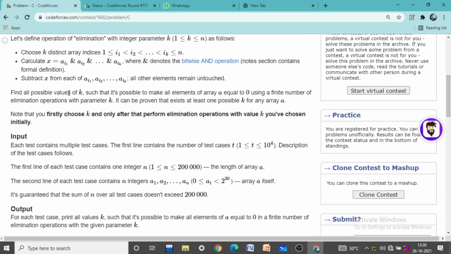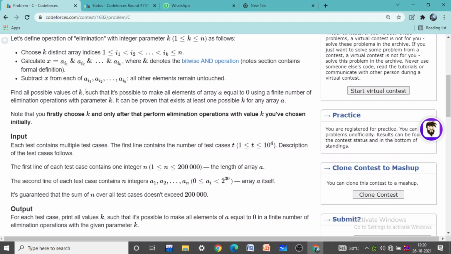Find all possible values of k such that it's possible to make all elements of the array equal to 0 using a finite number of operations with that parameter k. Now it is asked that when we choose k equals 2, after performing that elimination operation finitely, all of the values of the array become 0.